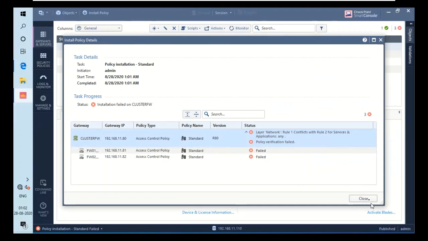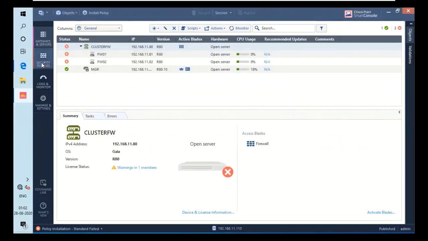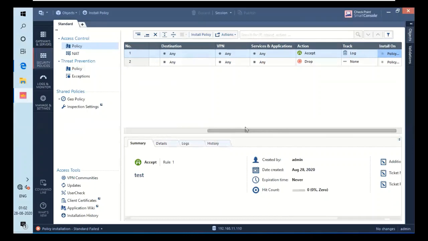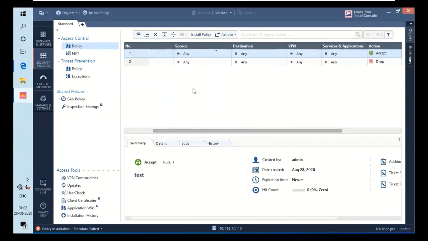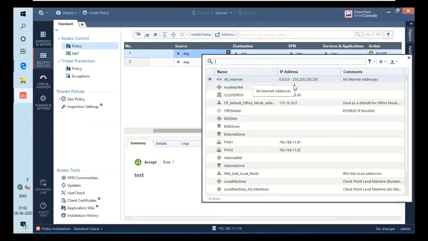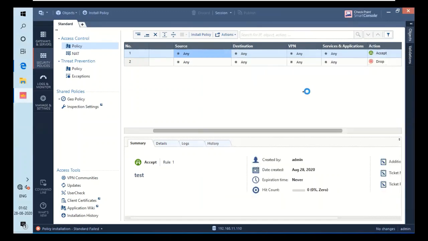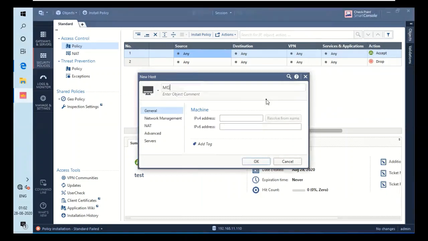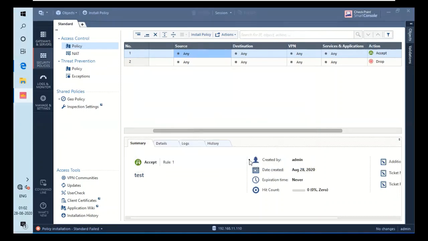Okay, great. So what you have to do is go for policy. It's very easy. I'll mention a source basically. So for that I will click on source. The rules are matching. That's why it was not installing. So I will create a host, which will be my management PC. Let's create a host, which will be my MGMT PC, and I'll give it an IP of 192.168.11.120, which is my client PC's IP, and I'm good to go. So let's publish and install again.